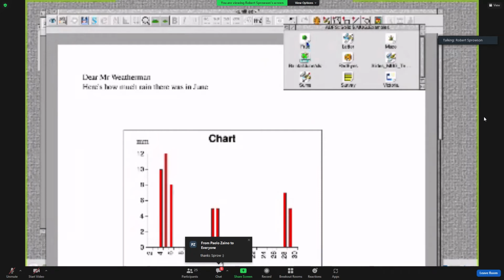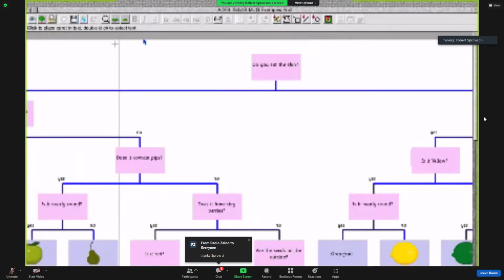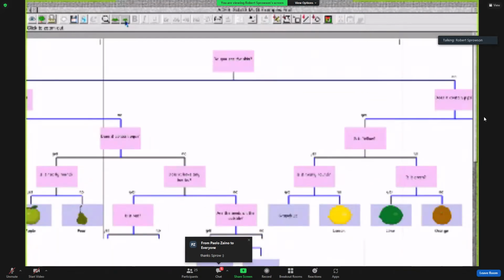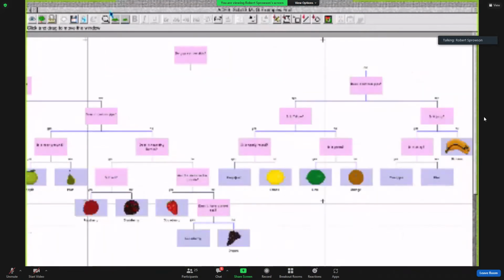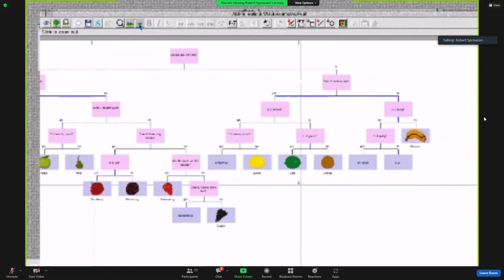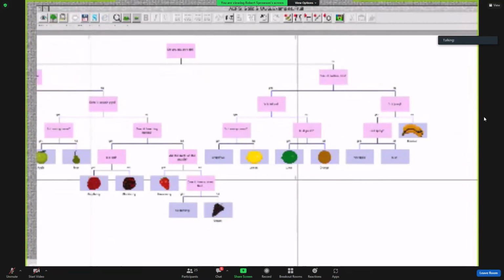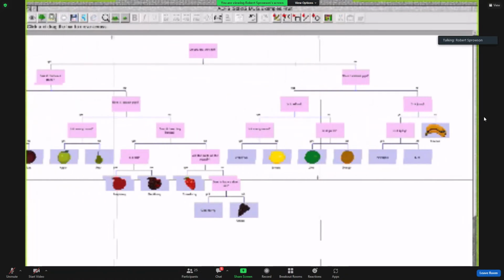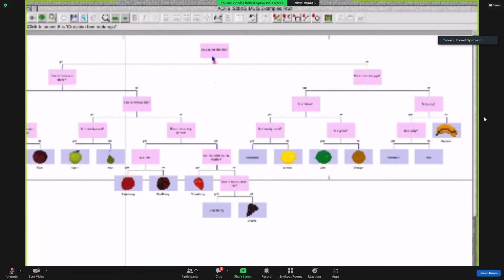So yes, let's take the example again. This will be quite small if you're looking at it on something with a small screen. So here is an example of one of the classification examples for the Textease branch. So try and make it a tiny bit smaller, just so I can get it all on one screen. Don't worry too much about the detail. So you can see that at each point, the reason it's called Textease branches, you're essentially making a family tree of relationships. So I mentioned earlier, does it have 8 legs? Well, it's